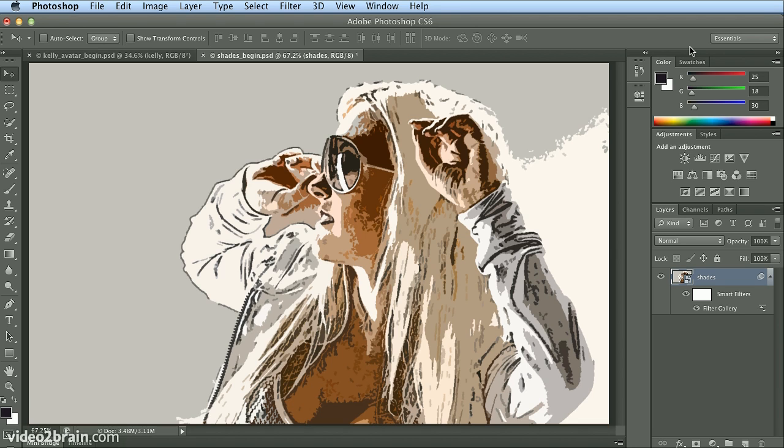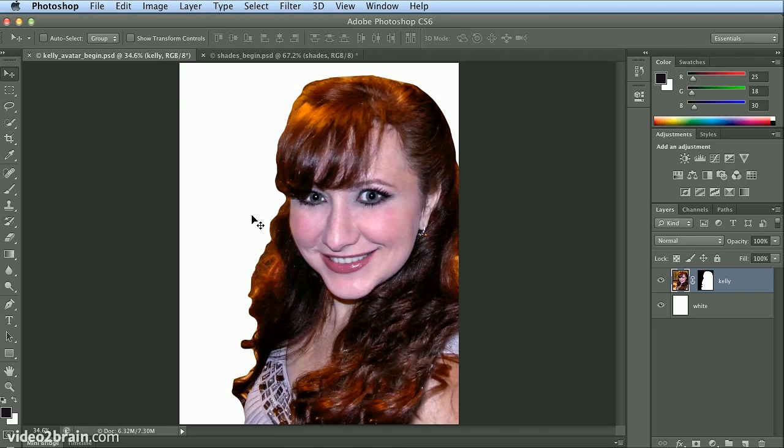Now, I wouldn't be finished without showing you another trick to make this look like a comic book. I'm going to grab a headshot of me, which has clearly been retouched because everybody knows I work on Photoshop or teach Photoshop, and this technique will give me a comic book look that I could then hand paint in. So I'm going to start by taking the Kelly layer and duplicating it by dragging to the new layer icon. I will then name this Kelly Inverted,